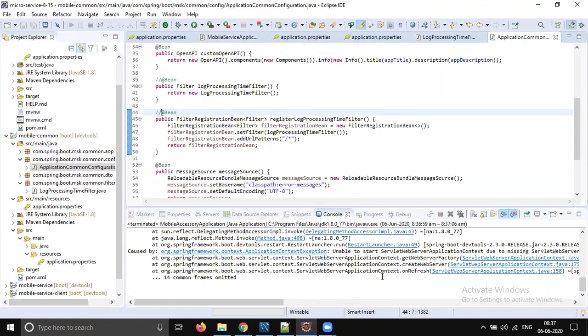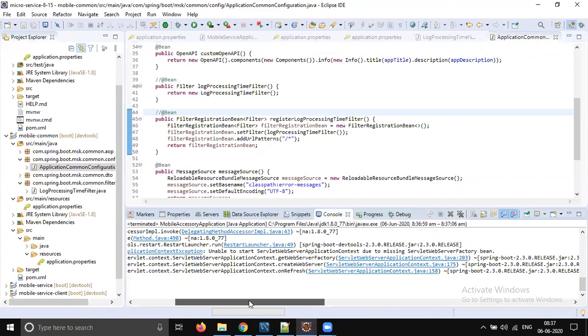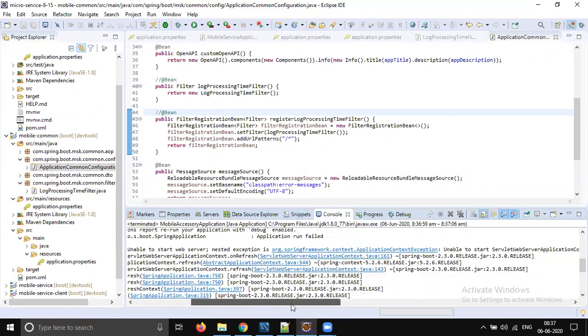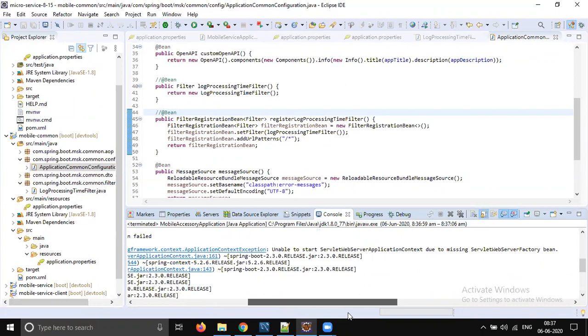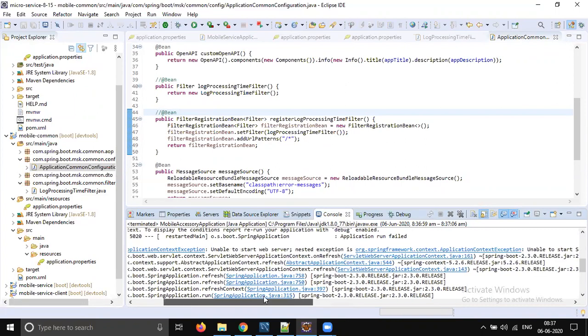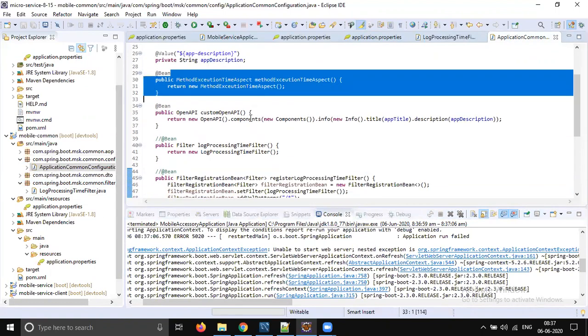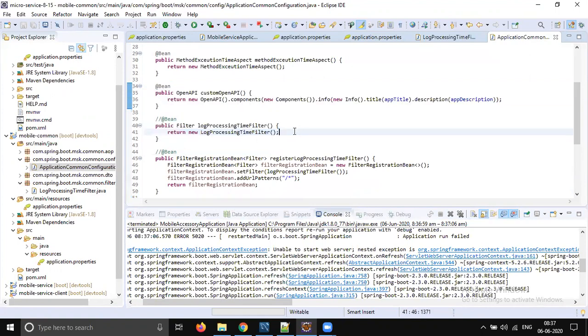Application. Okay, so still, what is this? Unable to start web server. Unable to start servlet web server factory. Okay, so we have aspect.